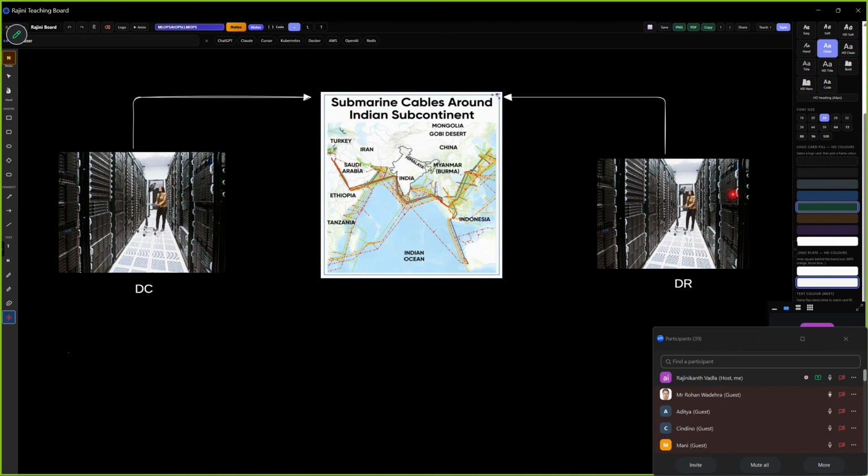For that, in simple terms, what Rajnikant explained, the application is there, HTTP, Java is there, database is there, right? We all flip it to the COB site. Meaning the database, what DC and DR you are seeing in the picture, they are continuously running behind the scenes to sync up. So for the database, suppose there is table A, it has 240 records. All the time in recovery also it will be 240. Means it will be continuously syncing. So DC and DR data will be the same all the time.